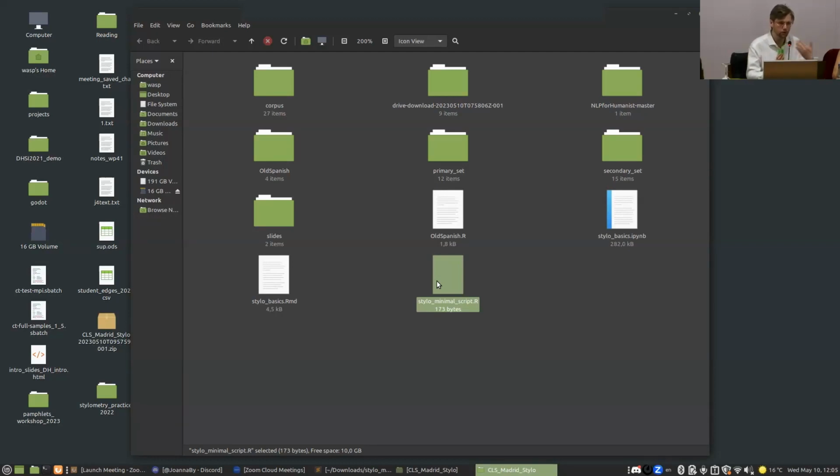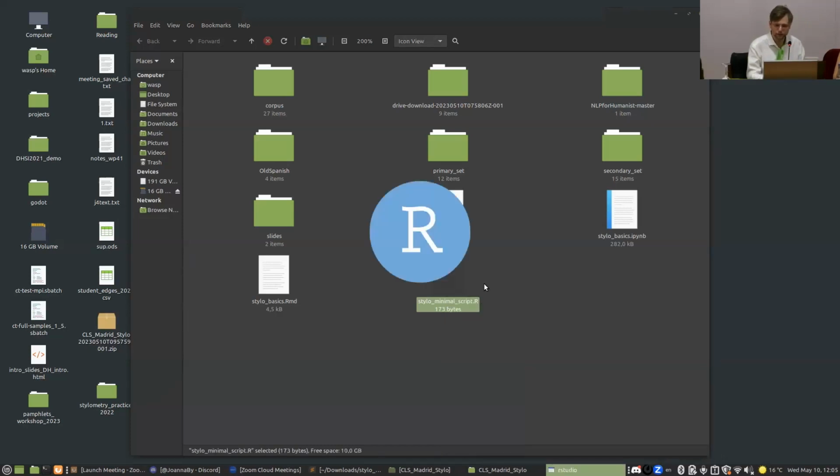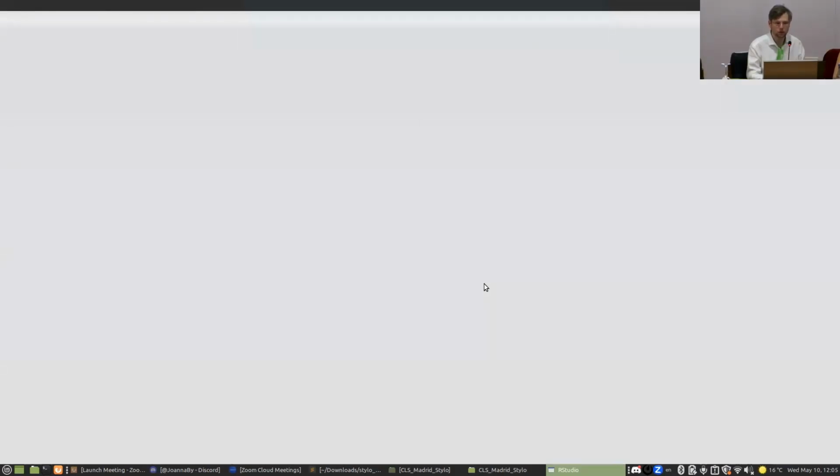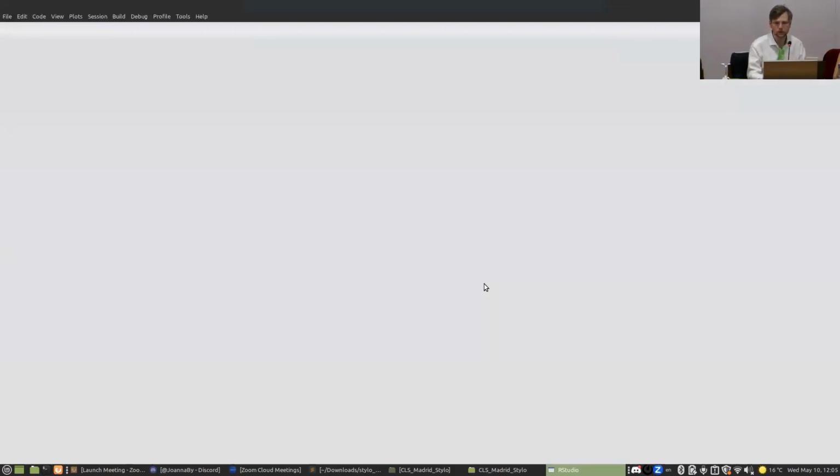The easiest way to set your working directory so that Stylo would recognize your folder and know where to look for texts is to open the R script with RStudio, right? Either open with or some other way you do that. So when you open RStudio,